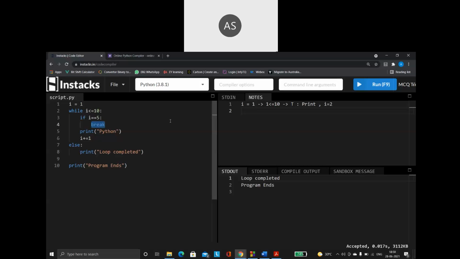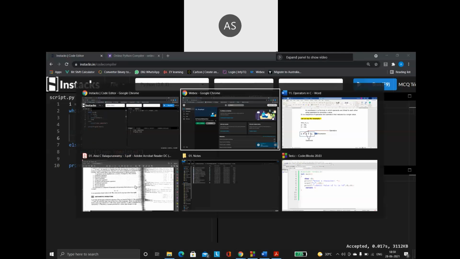So now my question is, when it comes out of the loop, where is it going to go? Is it going to go to the else part, or is it going to go to this statement? This is the loop, right? So when I say out of the loop, where is the control going to get transferred? That is my question. Can you please tell me what is going to happen in this scenario?